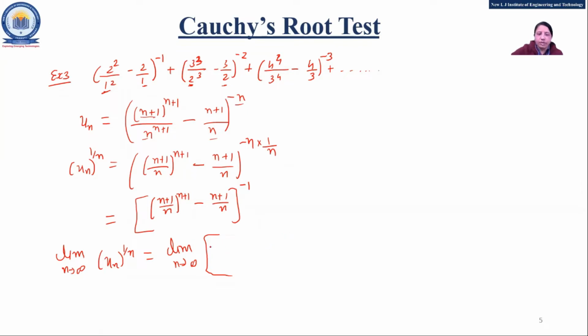1 plus 1 upon n, in bracket, raised to n, then into 1 plus 1 upon n, minus 1 plus 1 upon n, the whole raised to minus 1. Why have you written it like this, as separate terms? Because we will have n plus 1, right? So directly we can go for that n plus 1. So why have you separated these two terms?